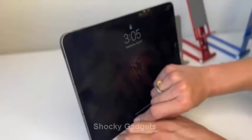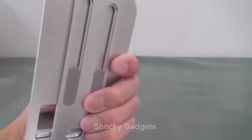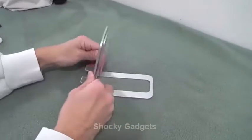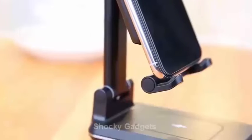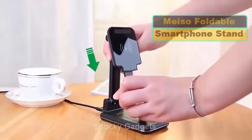One weakness of this set is that it does not have a rotation option. But you can use it without any problems. If you want a good and strong mobile stand at a low price, then I think this is the best option for you. The third stand is slightly advanced and also a Meizo brand, but has more features and a